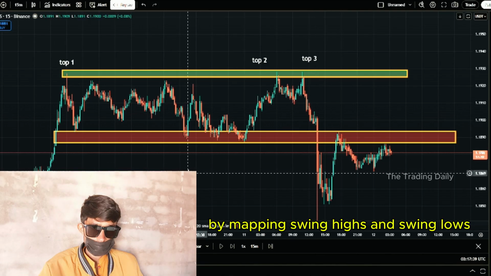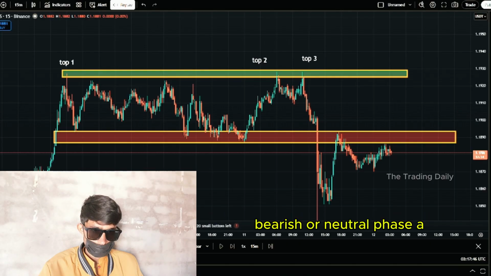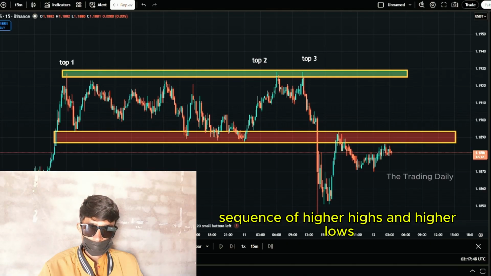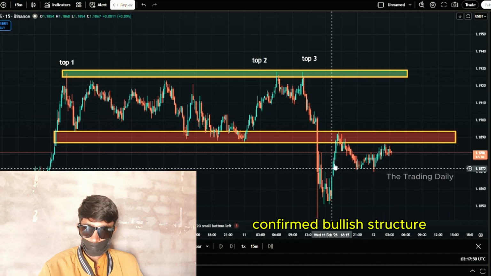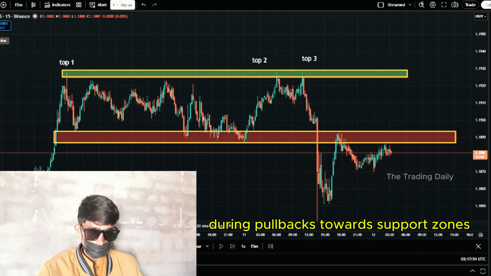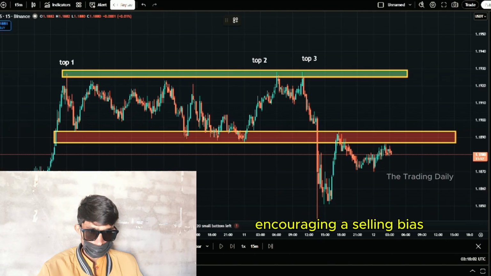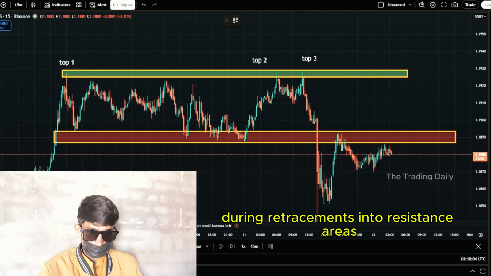By mapping swing highs and swing lows, we identified whether the market was in a bullish, bearish, or neutral phase. A sequence of higher highs and higher lows confirmed bullish structure, guiding us to look for buying opportunities during pullbacks toward support zones. Conversely, lower highs and lower lows confirmed bearish structure, encouraging a selling bias during retracements into resistance